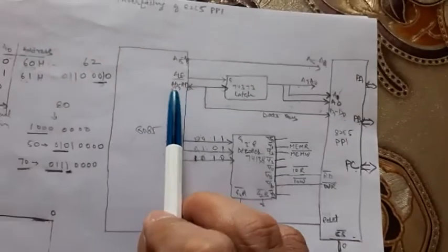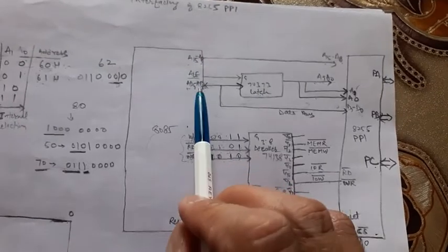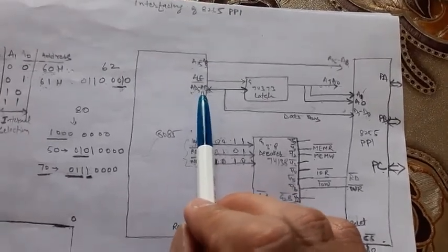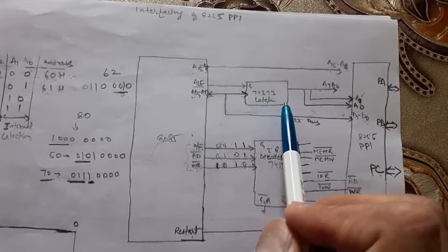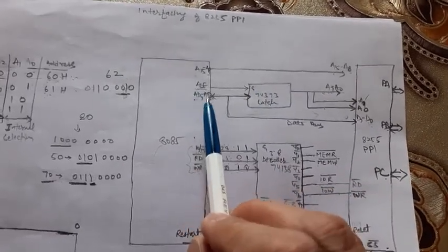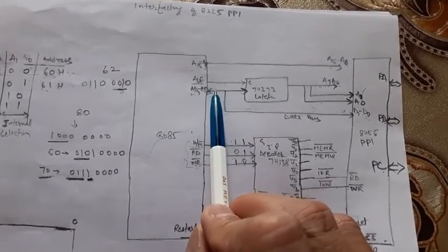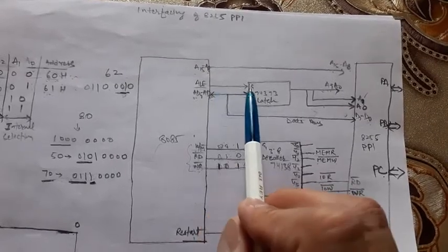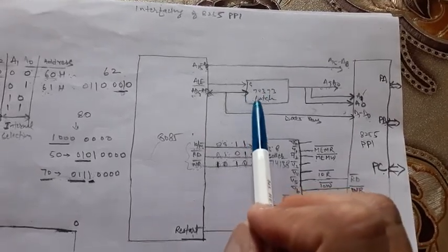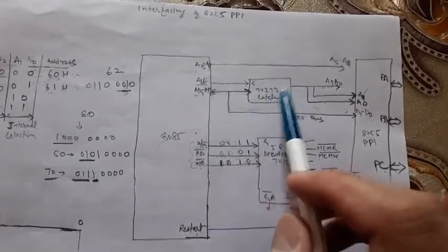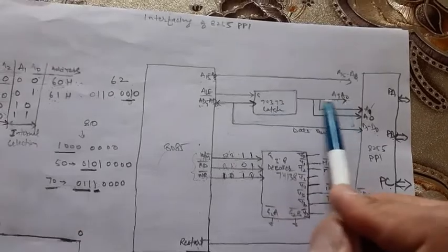Now first we concentrate here. This is the higher order address bus A8 to A15. This is the multiplexed address data bus AD0 to AD7. This bus goes into the 74373 latch. Based on this ALE signal, this bus will carry either address or data. If this ALE signal is 1, this bus will carry address, the gate is open and that address will come into this latch. After entering the latch, the latch will store that address, and for the rest of the T states this latch will provide that address to the address lines.